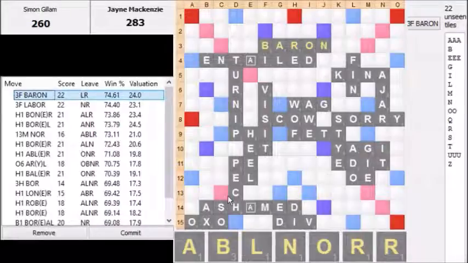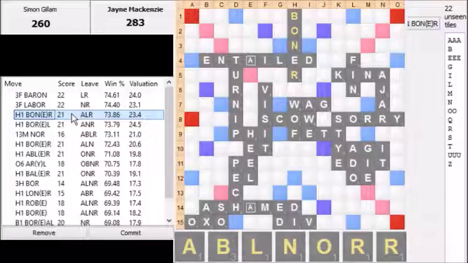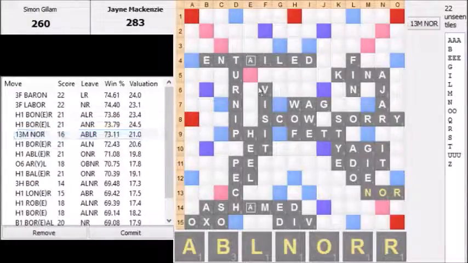So, Championship player here likes Baron at 3F, followed by Labour in the same place. She then wants to proceed to play Boner at H1, followed by Borel for 21 in the same place. Now, I think either of those top 4 plays are fine. They all have the downside of making what you could consider an unnecessary opening, but there really isn't much choice. The 5th place play is Nor